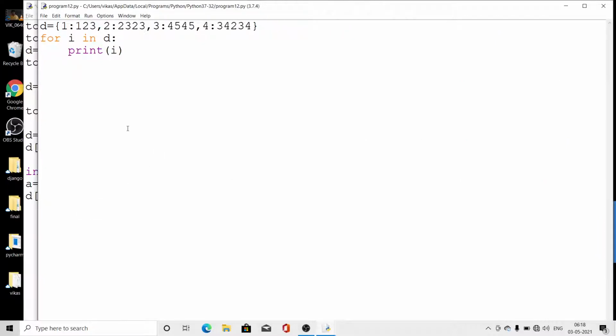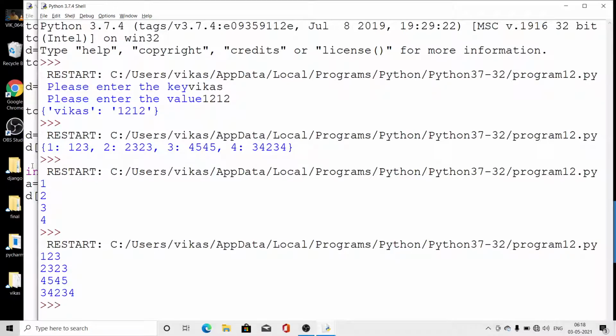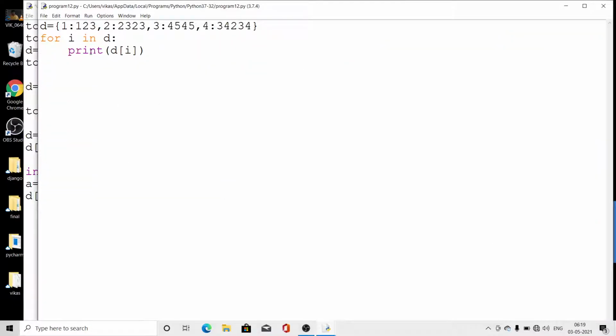Clear? So if we want to display all the values separately, one per line, we have to write D of I, and then the values will be displayed. Clear? So this is the way by which we can access only the values. If we want to display the value and its key also, we have to write I comma this.